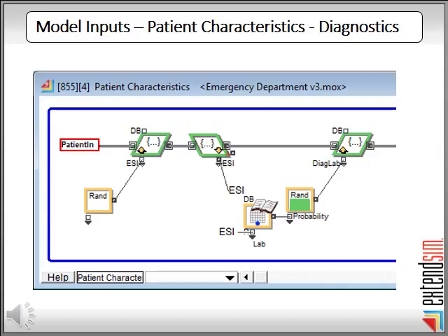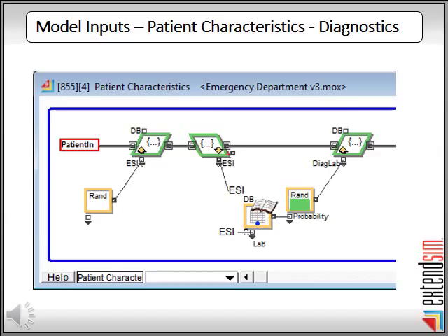We have already discussed how the model sets up the ESI attribute on the patients. Now let's look at the construct for setting the lab attribute on the diagnostic probability table. First, the ESI attribute is set. Next, the item travels to the GET block and it reads the ESI value off the patient. The item travels down a bit further to the SET block, which is wanting to set the lab attribute on